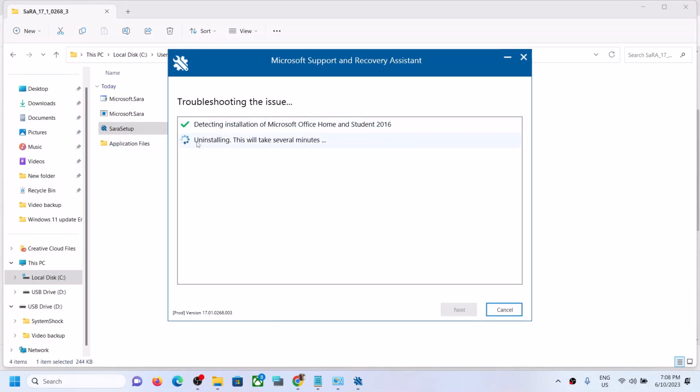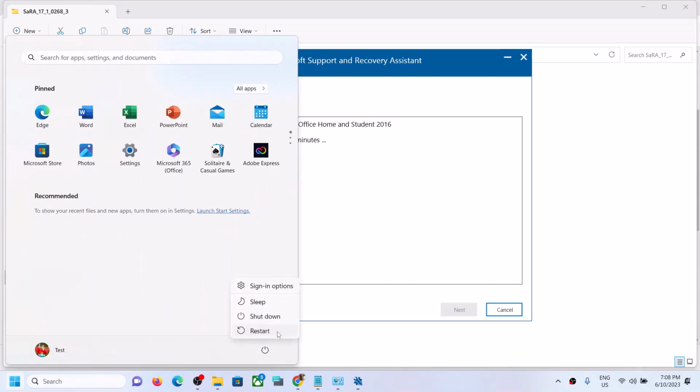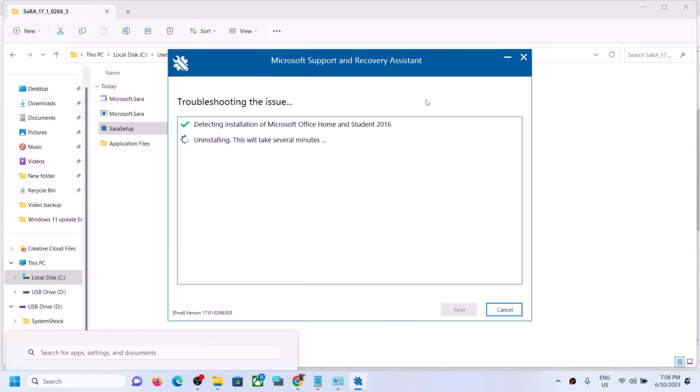Now over here you can see it's uninstalling. This will take several minutes. Once this is uninstalled, then you have to restart your computer. Make sure that you restart your computer. And after the system restarts, you have to reinstall your Office. So reinstall your Office program and then check. You should not receive the error message. If you are still receiving the error message,